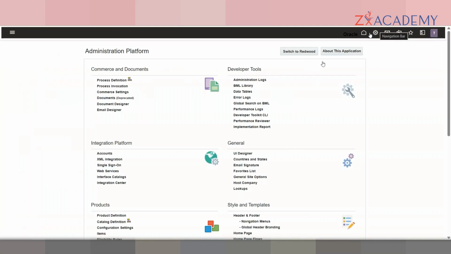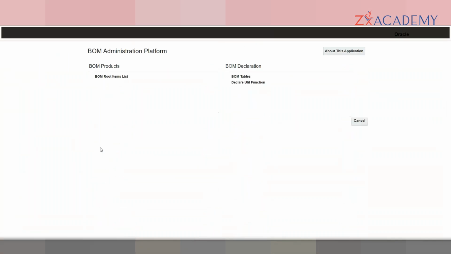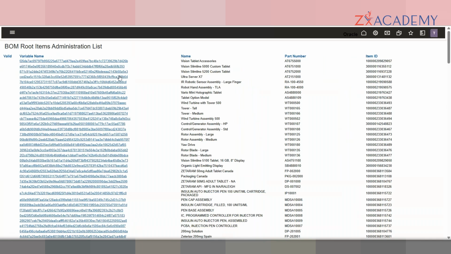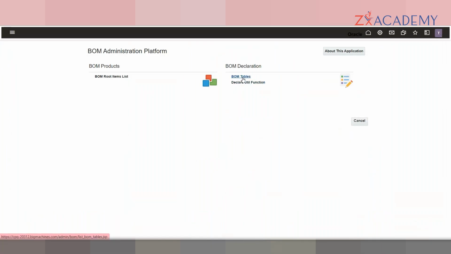In the admin, under the products, you will have BOM. You will see two: BOM root items list and BOM table. The BOM root items list is basically showing so many things here. How it comes we shall see. And BOM tables,